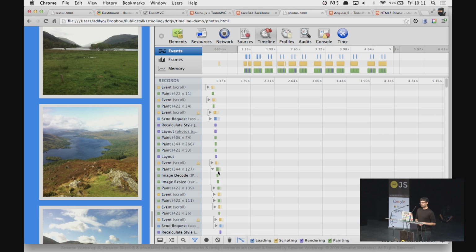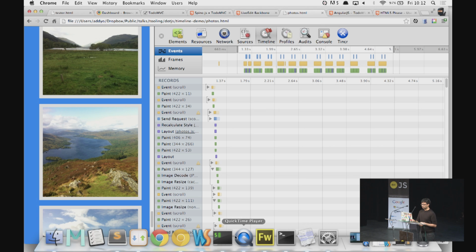So in this case, I can see that, I'm not sure if people can read this, but at the side, I've just drilled down into a paint event, and I can see that there's image decoding going on and image resizing. If I continue going down, I can see that there are more of these. There's a lot of image resizing going on, and this is currently a pain point. Now, if I go to the source code to this application,